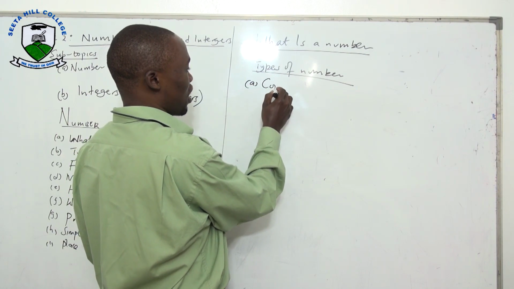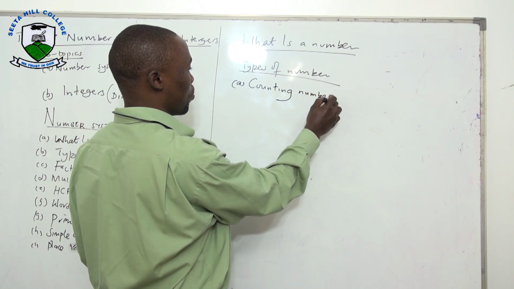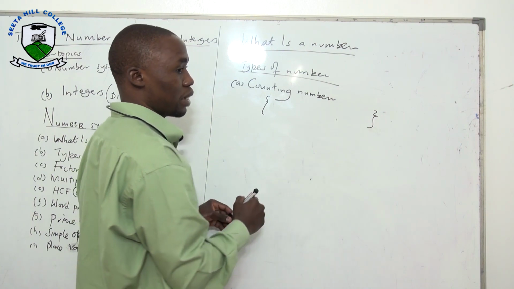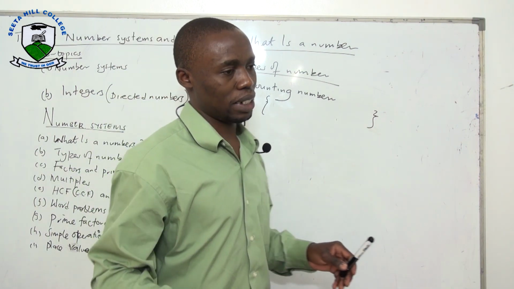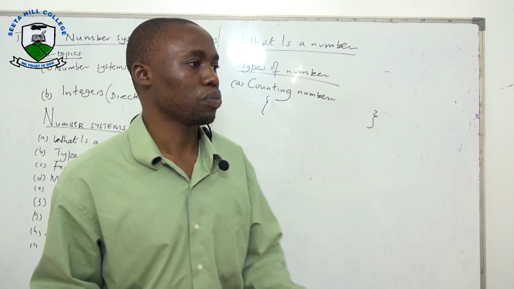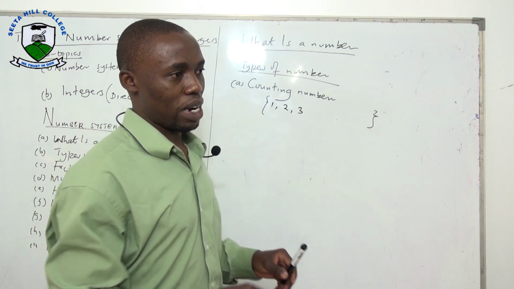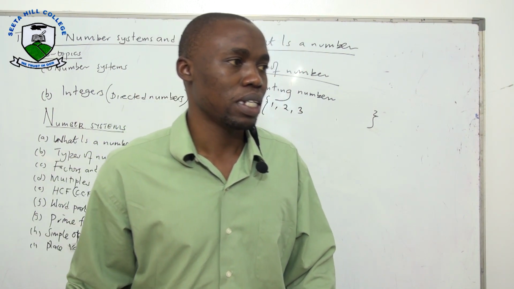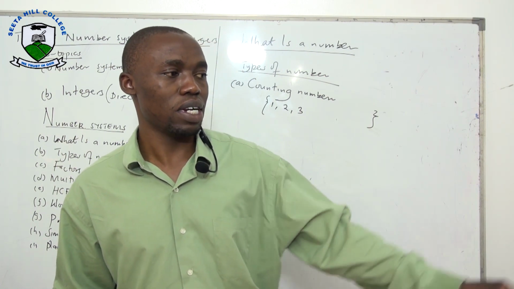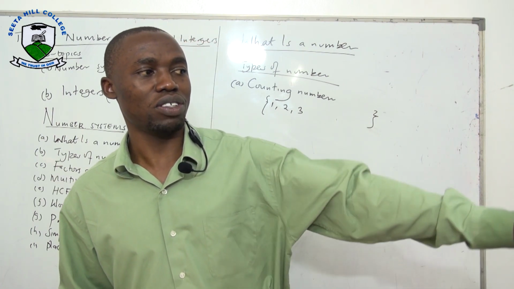You are saying counting numbers. What are they? These are numbers that are used when counting. They run from 1 to infinity. What does that word infinity mean? Infinity is a point where you can't reach. Even where you are there, it's my infinity, because even if I stretch the hand,